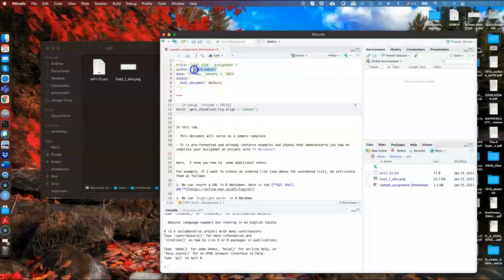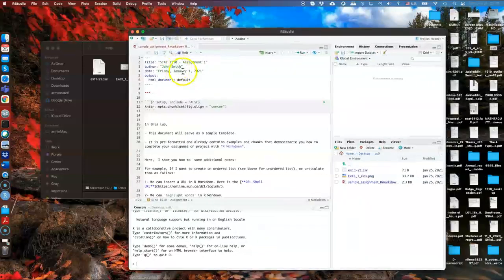The other name is, for example, John Smith. I hope we don't have a John Smith in our class list. Anyway, John Smith wants to submit assignment 1 of STAT 1510, and we know that the due date of assignment 1 is